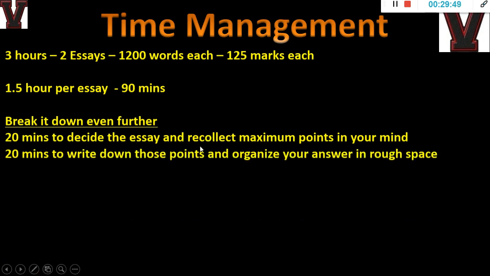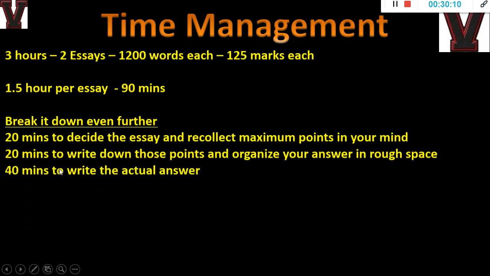Now take another 20 minutes to write down these points in the rough space. Whatever you had in your mind, now start writing it. You will write maybe the causes, the consequences, the solutions, the problems, everything related to that, the political angle, the economic angle, everything. Now in that rough space itself, try to reorder. Like I'll write this one first, then 2, then 7, 8, like that. You reorder the entire thing in the rough space itself.